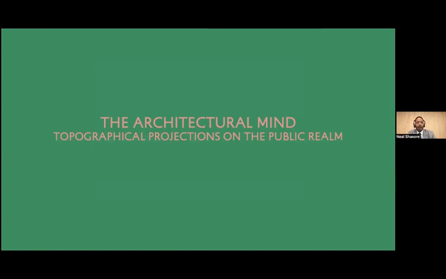And then finally, as I said, a long conclusion, an essay, I suppose, about the architectural mind and topographical projections on the public realm. This focuses on this febrile focus on development in central London, in particular involving cross-river communication, namely at Charing Cross and at Waterloo, and the space between them, especially on the south bank of the river,